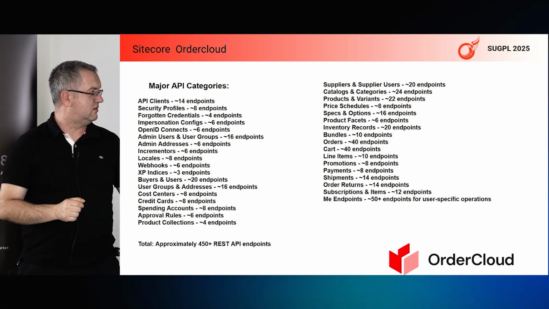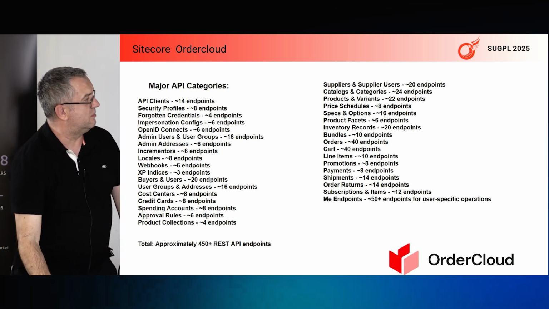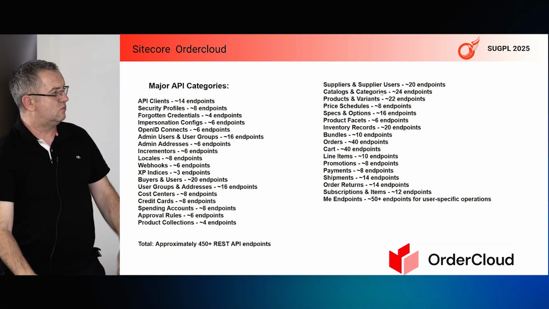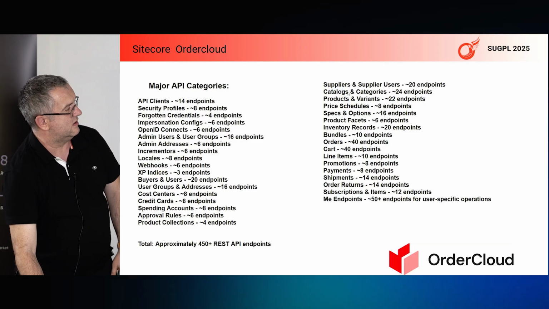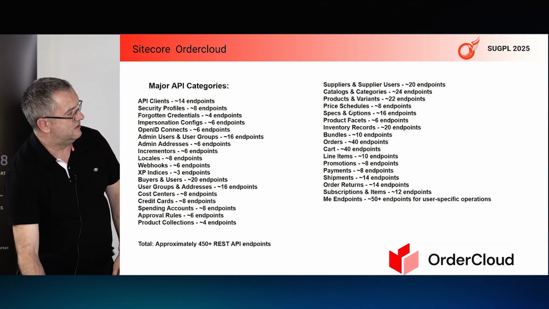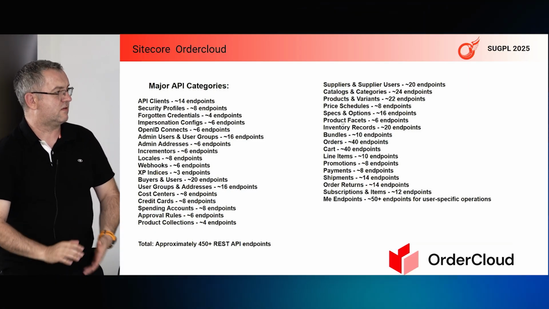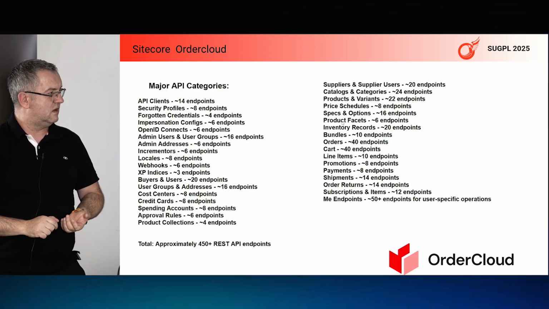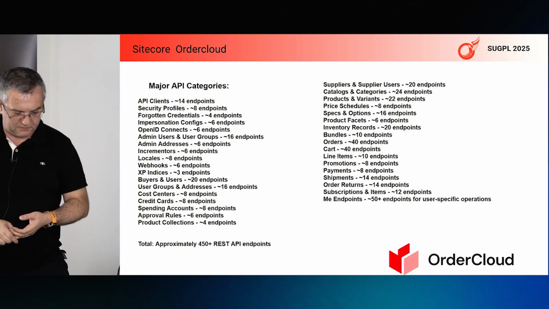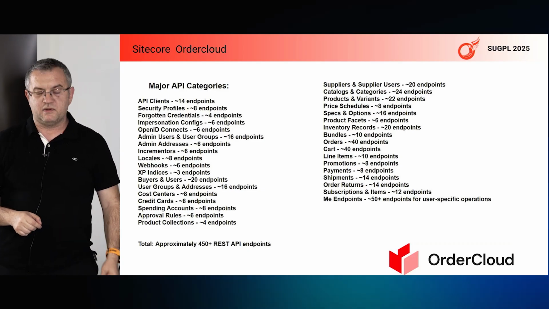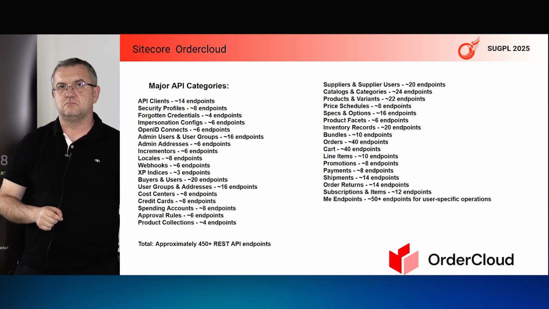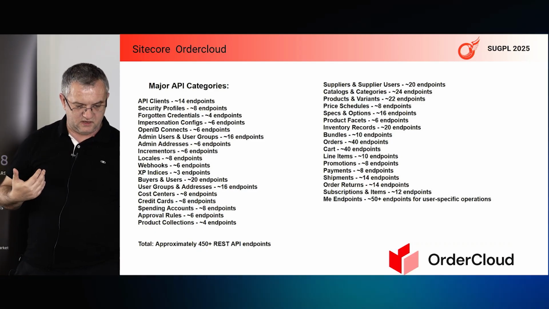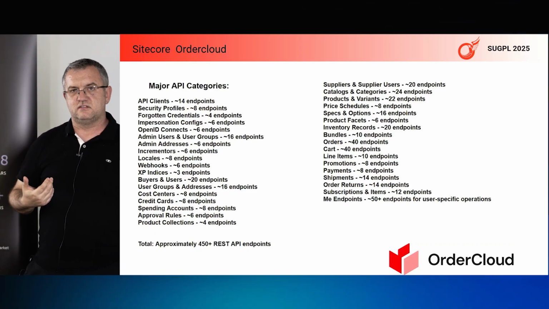You can see there that you have, for example, for catalogs and categories, 24 endpoints, for products, for prices, for product facets. They have their website now. It's pretty nice that you see all that list. It's a really long list. You just go there, and what is interesting,